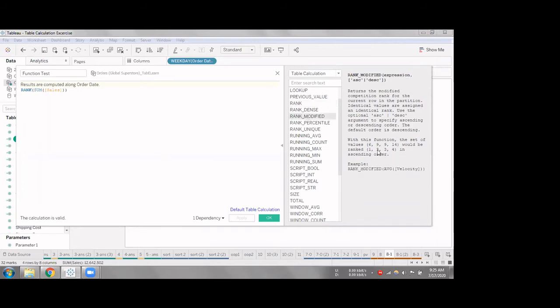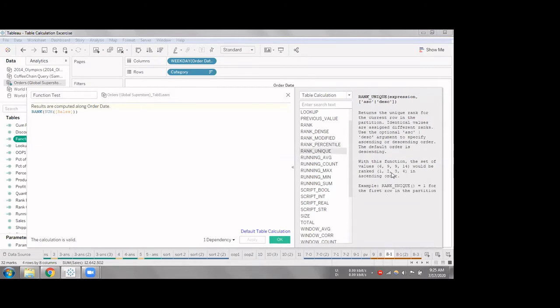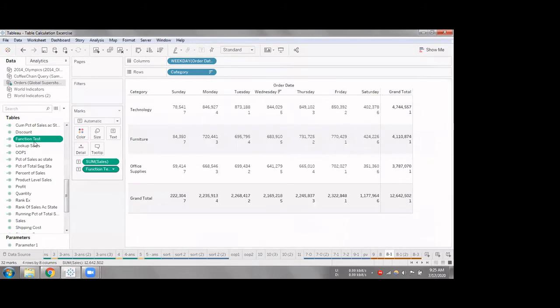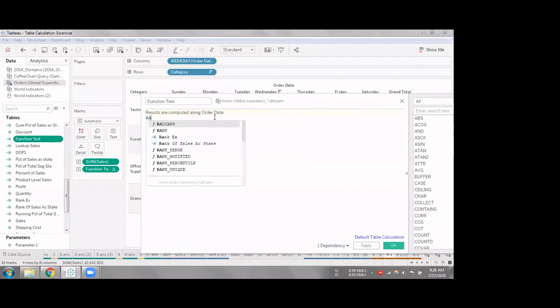And rank modified will take the other way around, as rank ties. So it will give us rank 3 for all the repetitive values wherever it is, and will continue with the next value. Rank percentile is the same. Instead of giving you the rank as 1, 2, 3, 4, it will give you the percentile based on the rank. Rank unique will give you one rank for each and every value irrespective of the repetitions. So these are rank functions. Then we have a bunch called running. These running calculation functions are pretty straightforward. Let's demonstrate using one example, and we'll go to the other bunch of functions. So for example, let's take running.